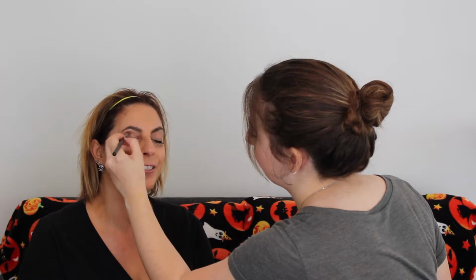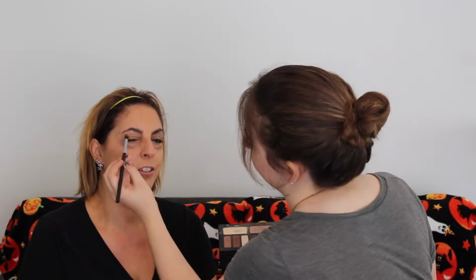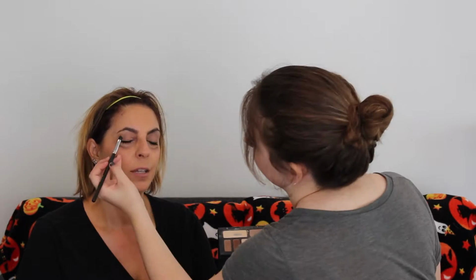I'm then going in and shading the crease area in her eye and creating something similar to what we did on the bottom with the soft diffused shadow, just on the upper lid. We already just kind of created a dead-like look, but now we're going to make her look a little bit sick with red tone shadows. This is from the warm part of the palette. Morphe 35O is great for this if you have something like that, just any type of warm, neutral toned